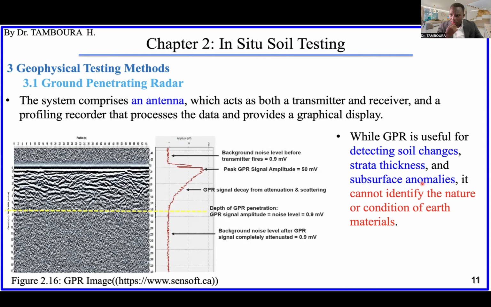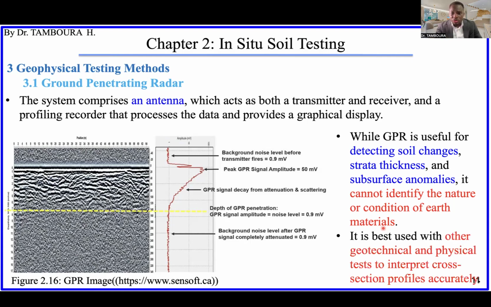So sometimes it can help for other fields also, not only geotechnical engineering. But anyway, for you to be able to identify the soil property, the type of soil, you need another type of testing method, not this one. Okay, so it is best then to use this technique, this GPR,